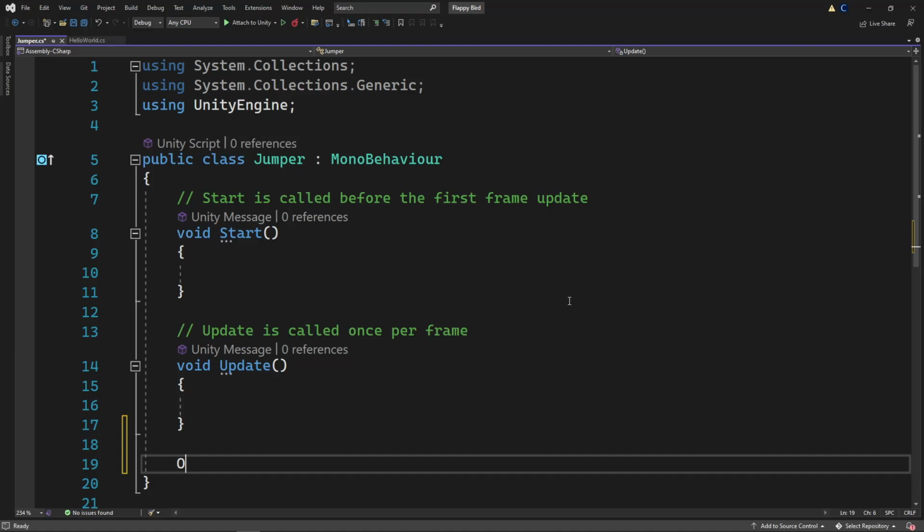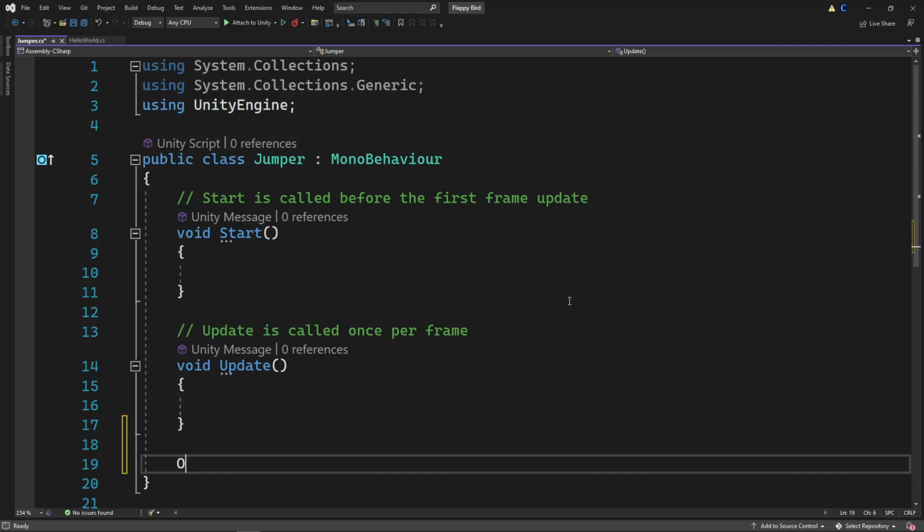So in order to do that, we want to add a property to this Jumper game object, or Jumper component. I want to put this above Update because this belongs to Jumper specifically, not Update. So I want to put this right above Update, and follow along with me for a second.